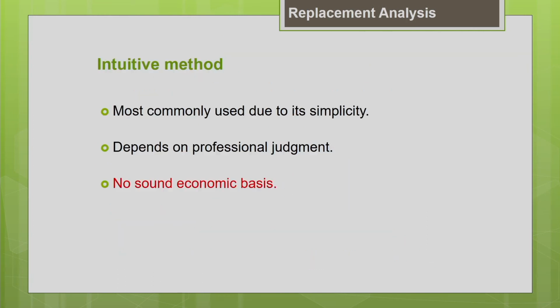Now, let us see what are all the different approaches possible for the replacement analysis. The first one is the intuitive method as discussed by Dr. James Douglas. This intuitive method is basically just application of common sense based upon our own professional experience, and we can make a judgment whether to replace the old machine with a new machine. In this case we are not going to work out in depth the detailed economics associated with the replacement analysis. Just by looking at the information based on our own experience, without using any analytical model, we are just making some judgment. So, that is what the intuitive method is.